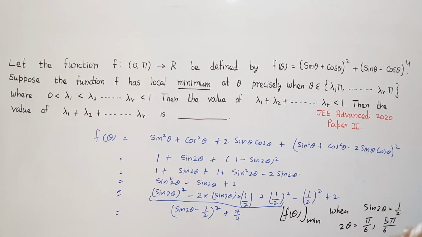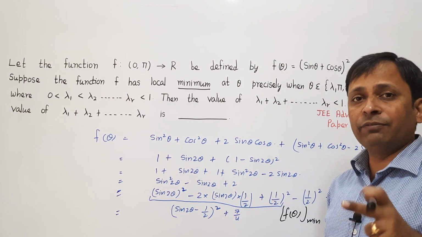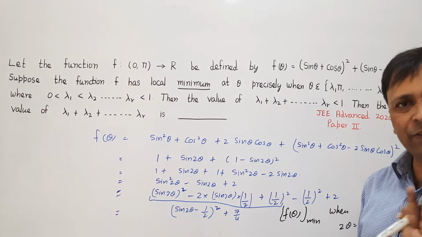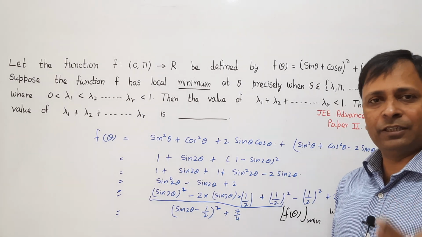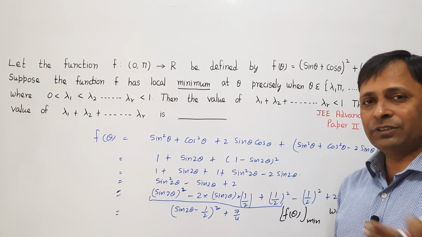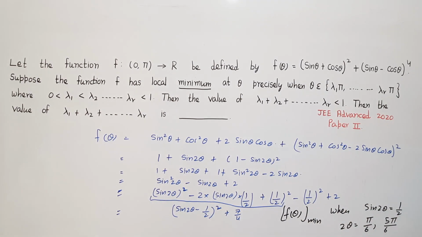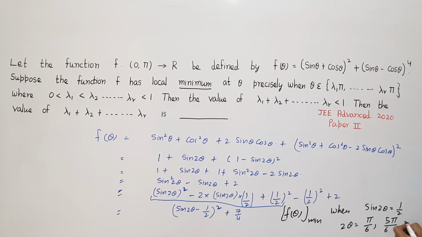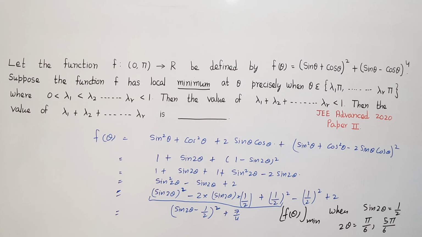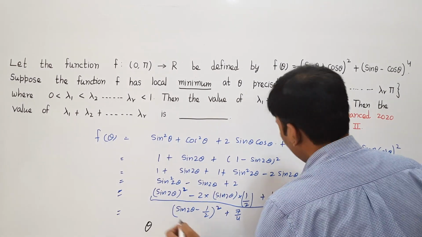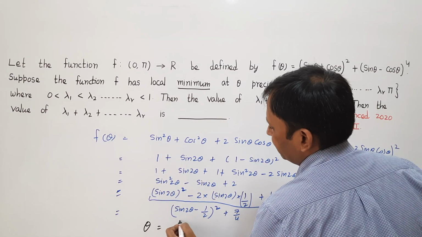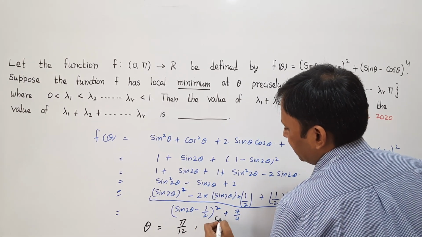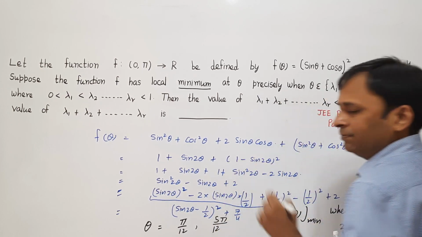So for these two values, after that, from 0 to 2 pi, I will come to the third quadrant and fourth quadrant where the value of sine is negative, so it cannot give us plus 1 by 2, it will always give you a negative result only. So here 2 theta can take only two values, that is pi by 6 and 5 pi by 6. What does it mean? What values can theta take? Your theta can take only two values, one is pi by 12 and another is 5 pi by 12. These are the only two values of theta I will get.